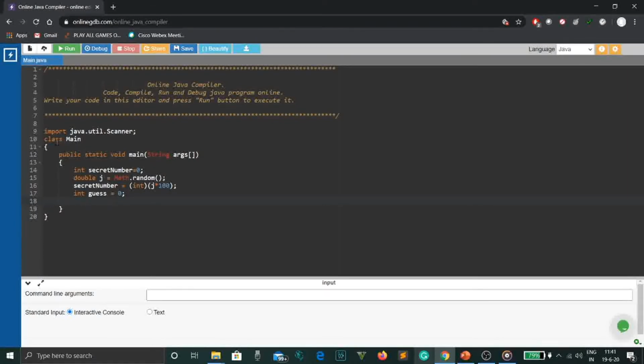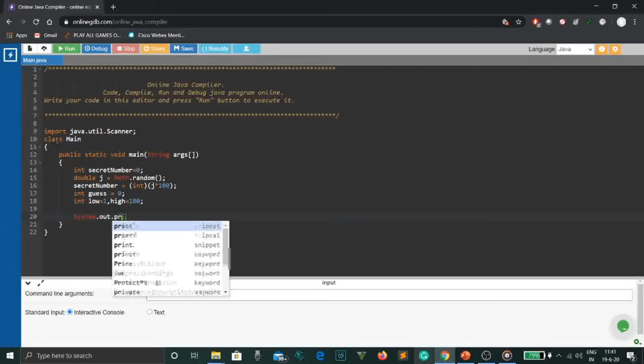I'll tell you what this low and high is. Please write it with me right now. We'll take int low = 1 and high = 100. This is the range that we want our secret number to be. So we are taking low and high as the range. So low is 1 and high is 100.